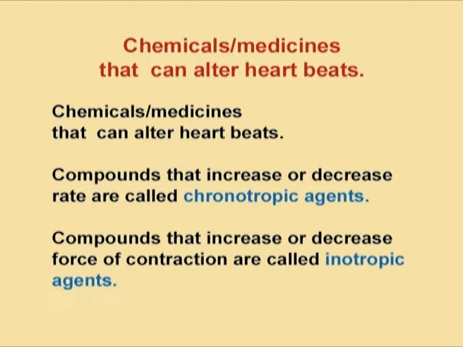If you look at the next slide, the chemicals and medicines that are associated with treating heart problems or heart ailments are basically of 2 types. The compounds that increase or decrease the heart rate are called chronotropic agents, whereas the compounds that increase or decrease the force of contraction are called inotropic agents. So, there is chemical, medical assistance so that our heart can function normally. After all, it is a very important organ of our body. Apart from all these external stimuli and electrical impulses, the heart is also controlled by emotions, exercise, and several other exogenous factors.